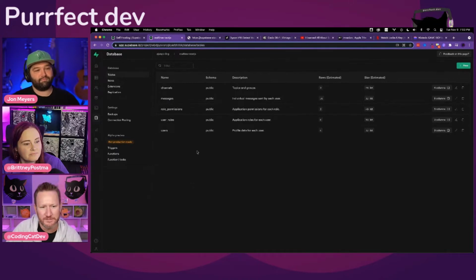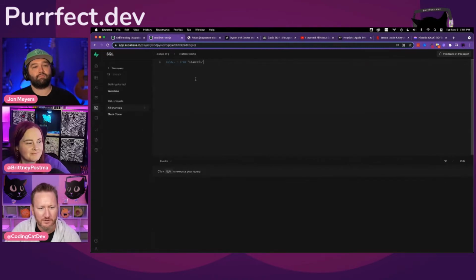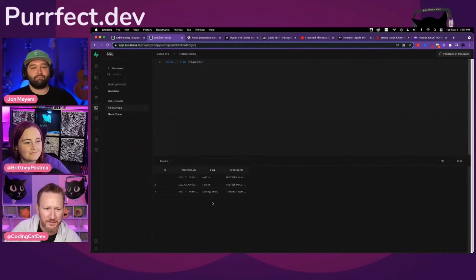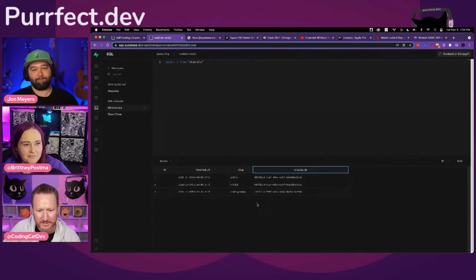Some cool things you can do with this: you can use your normal SQL editors. I can jump back into my SQL command over here and say, go fetch all the channels, because I know the channel table. I can run that. For all you kids, probably don't use star everywhere, but I'm being sloppy. Especially not on a drop command. Exactly. That's the worst. And it's got the different user IDs in here. Yeah, I think that is user ID. And the slug for each channel and everything like that.